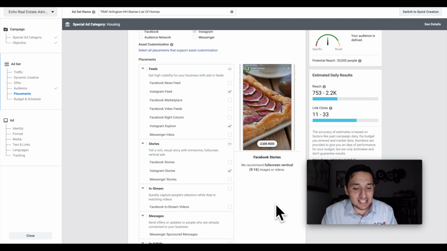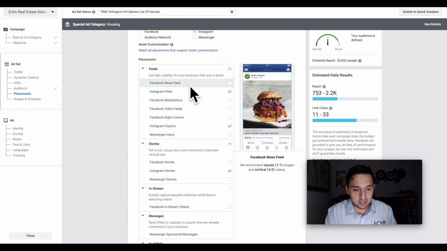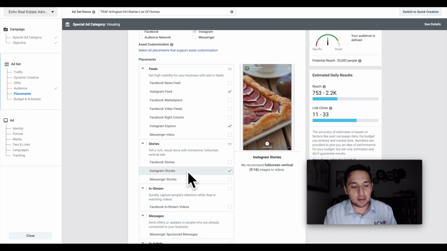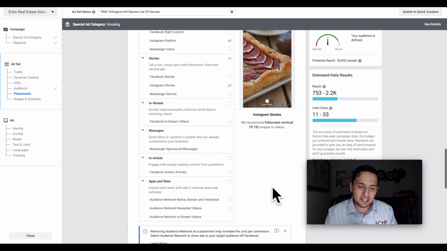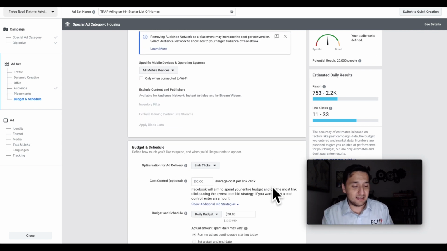Note that Instagram feed and Instagram stories present differently, and you see right there some of the differences with the Instagram feed, the type of videos that you can upload, and the type of images that you can upload. It's more pronounced when we're creating the ad, especially if you're running a video ad.